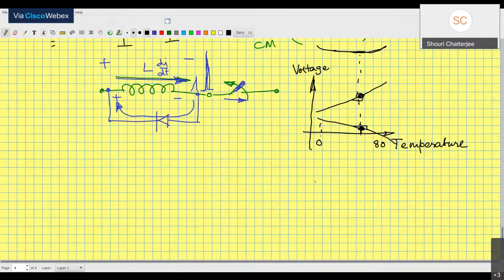If your range is from 0 degrees to 120 degrees, this point should be at 60 degrees, and so on, right? It's at the middle of your temperature range. So that is your centering part of the story. And then the fitting part of the story is basically you have to adjust the slope of the one that is rising with temperature to the one that is going down with temperature at that point. All right, so this is pretty much the story over here. How we do it is typically with the help of a few extra components, resistors, and so on.